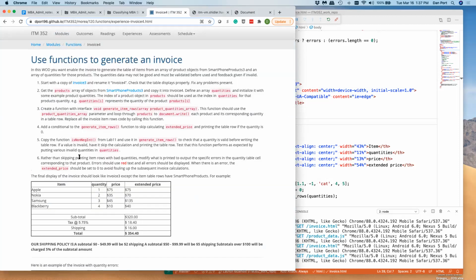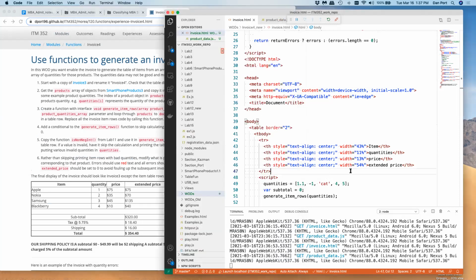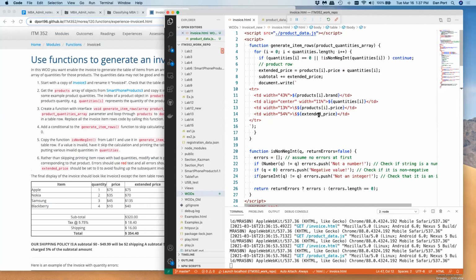All right. So rather than skipping, modify what is printed. The corresponding cell says what the error is in red. When there's an error, extended price should be set to 0 to avoid fouling up the calculations. Okay. So what we want to do here is we don't want to just skip it. So we're going to cut this. I'm going to take that out. Still want to skip it if it's 0. But then what we want to do is